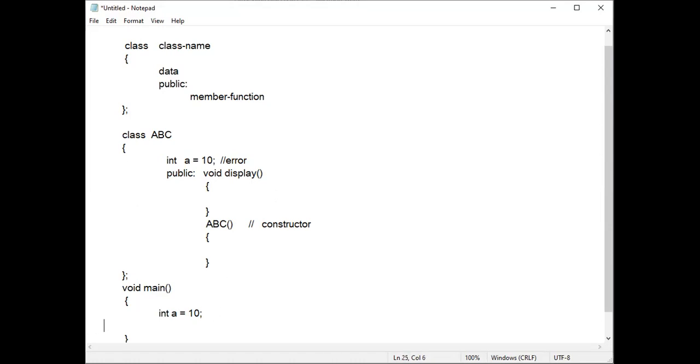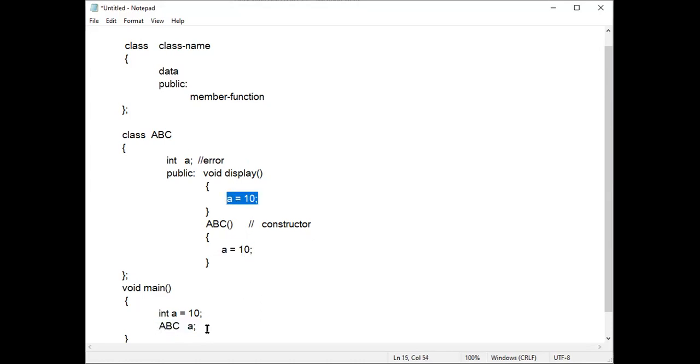You have to go to the main function, write the class name, then this is an object. Understood? So this is an object. When the object is created, memory is allocated for variable a. Then you can store the value. That too, you can store the value not in this line; you cannot store it in this line. Once we get the memory, either in the display function or in the constructor, you can store the value. But if you want to store the value for variable a, compulsorily this statement should be executed first. Then only you can store the value.